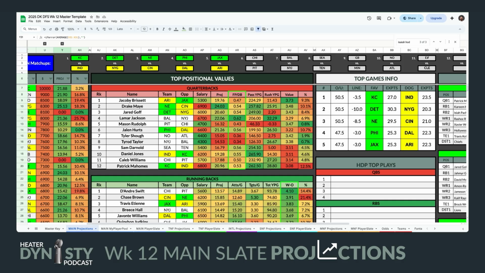This one is the one game that I think I'm probably going to be fading out of this top group because Philadelphia is just playing slow, and their defense is very, very good. And even the Cowboys, I know the Cowboys are going to be able to score, but it's going to slow them down. I think this game is going to hit the under. So of these top 5, this is the one I'm least interested in stacking, though there's going to be some key pieces in there that we can go after.